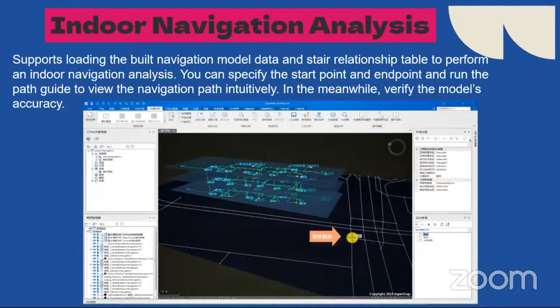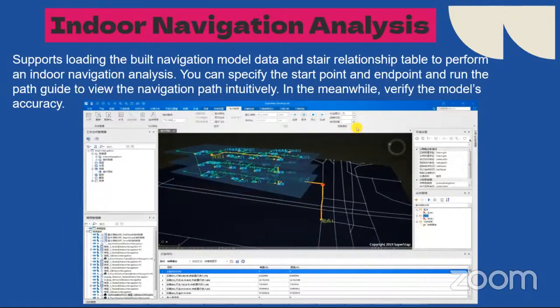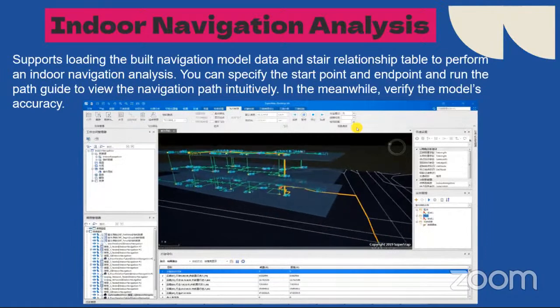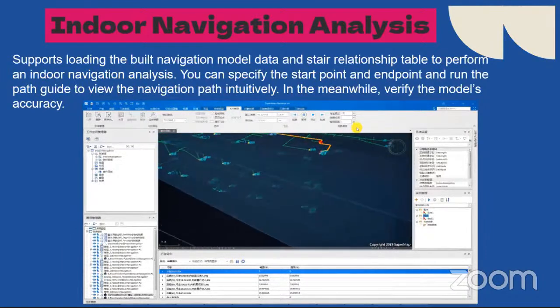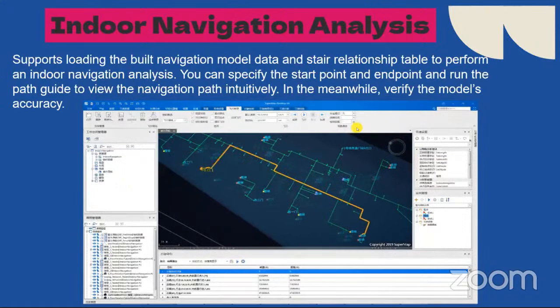This one is in 3D, so this is the navigation model. You can specify the start point and end point and run the path guide to view the navigation path intuitively, which can help to verify the model's accuracy.